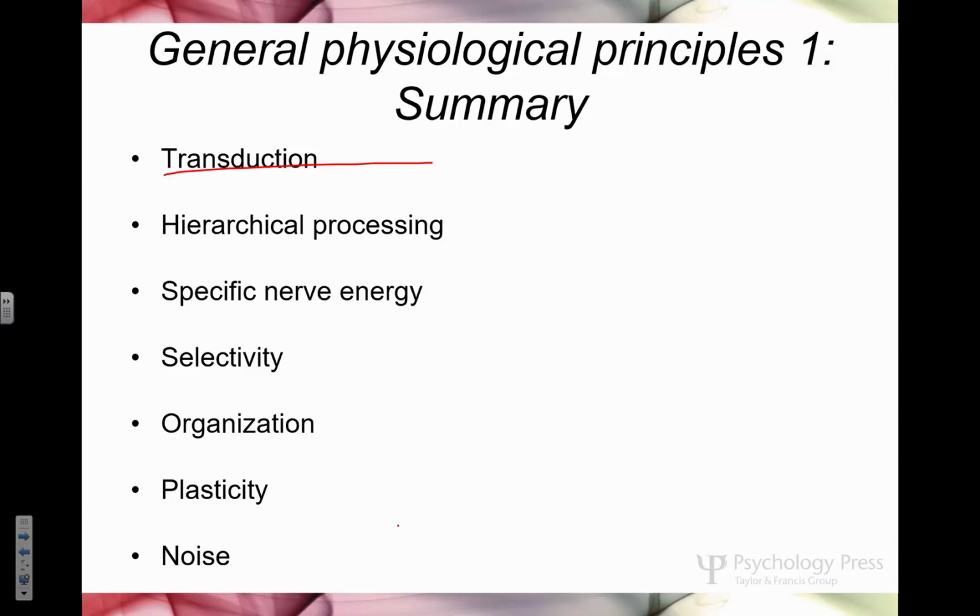I told you, we're going to keep coming back. Hierarchical processing, basic idea here is when you get into cortex, you've got what's called primary, whatever sense it is, cortex. So primary visual cortex, primary auditory cortex, fill in the blank there. Then you have what we call association cortex, right? So like secondary visual cortex, you've got other higher visual cortex areas.